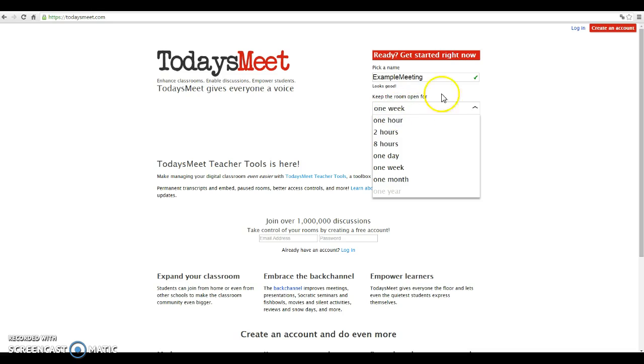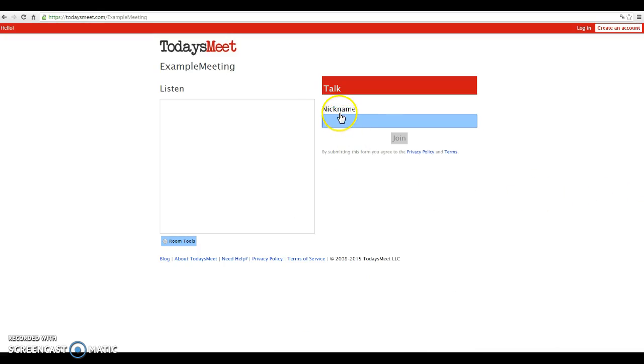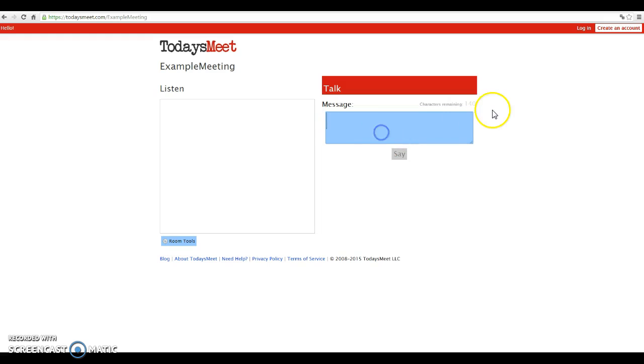Okay, so I'm just going to do this for the example, just to create one free room, very easy. And I'm going to select just 1 hour because this is just an example, right? So I'm going to open my room, and here I have to write my nickname, right? So I'm going to click here and write my name, Manuel. So I'm going to join the conversation, and now I have 140 characters to, I don't know, make a question,